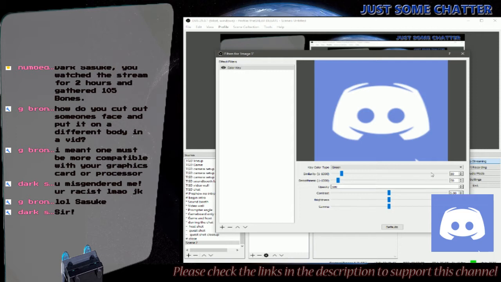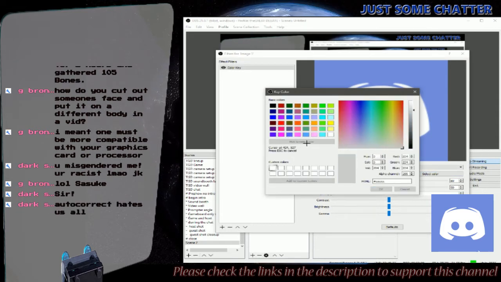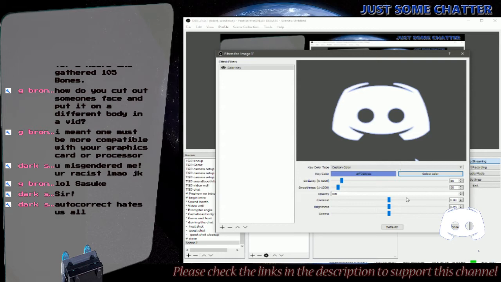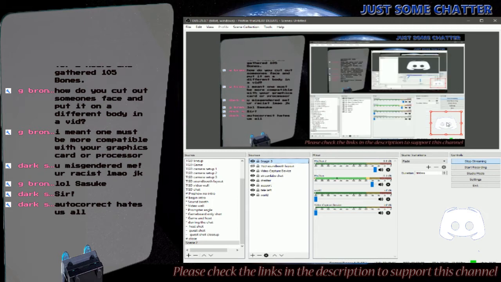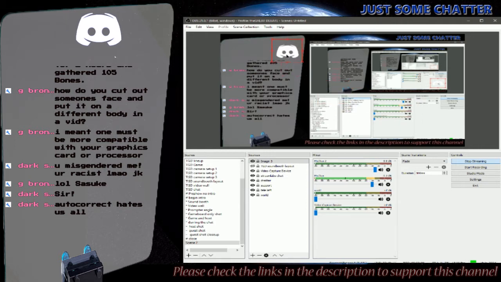So we're going to click here in key color type and take it to custom color. We're going to select a color, go into this menu and pick screen color tab right there. And then we're going to pick this blue to get rid of it. You see, it identifies it, so we'll click OK. And it removes the blue from the outside. Only that one color. So then when we come back, I got a Discord logo just chilling here. And we'll take it back over and put it at the top of the chat to let everybody know I'm in Discord right now. And then we'll click on something else. Outside. And we're golden.